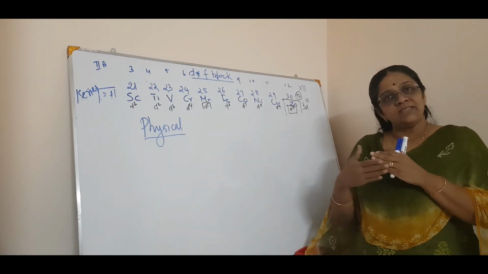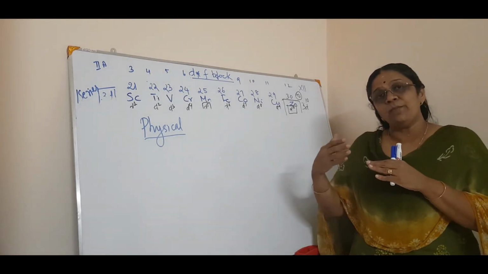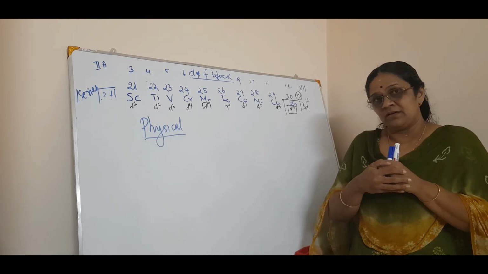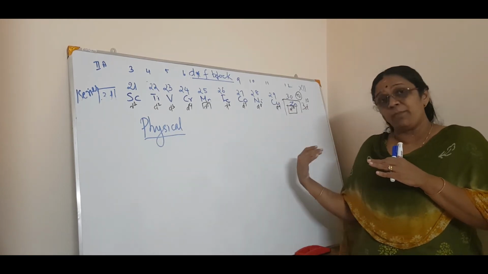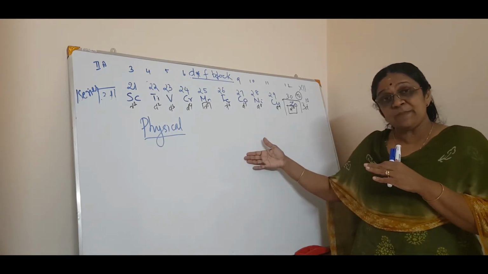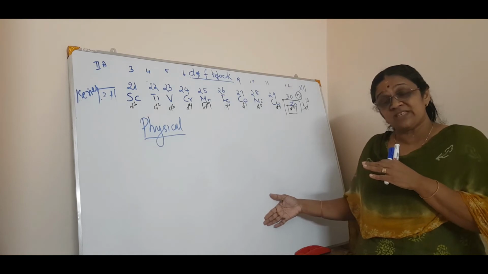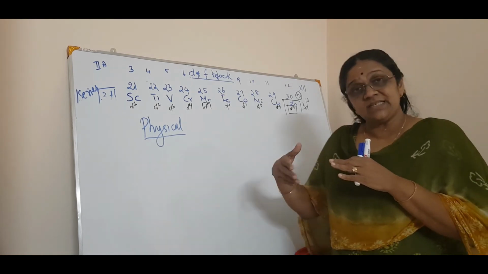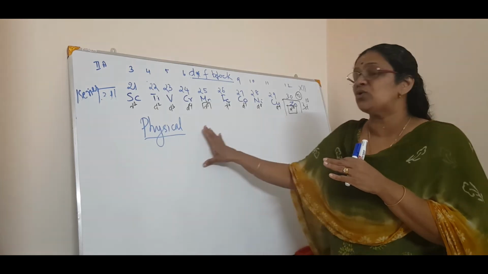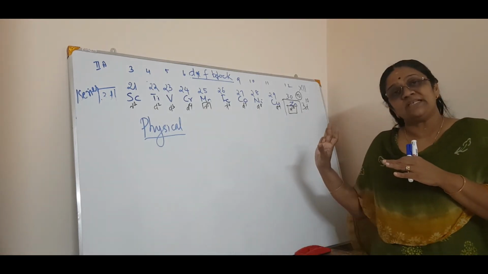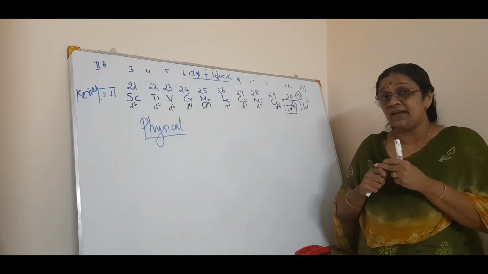All these physical properties which are shown by any metal, no matter whether it is an S block element or a D block element or a P block element. I mean, in the P block there are metals too, because in the group the last element is an absolute metal. So whichever metal it is, all the properties that metals show are also shown by these transition metals. You have studied that in the lower class.